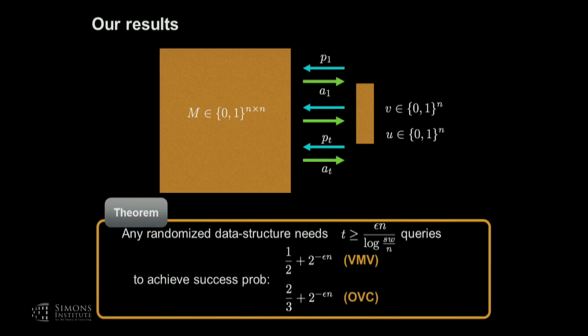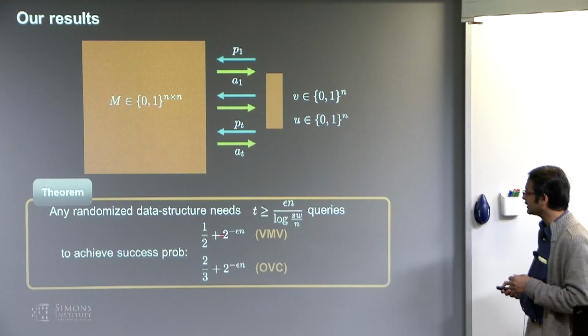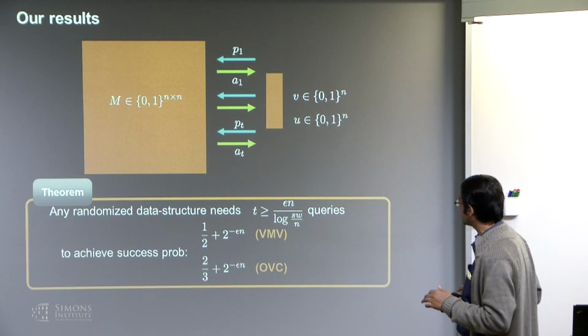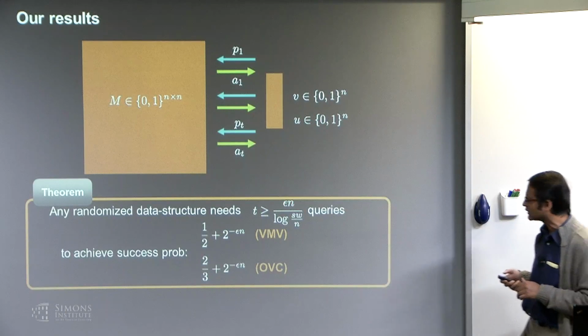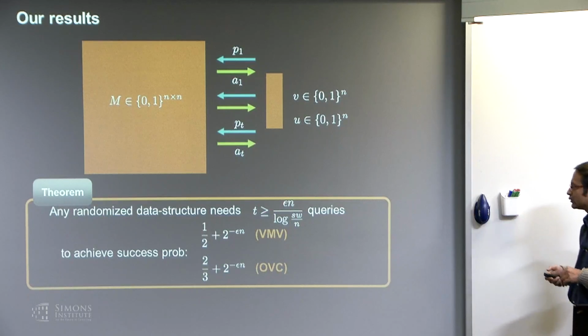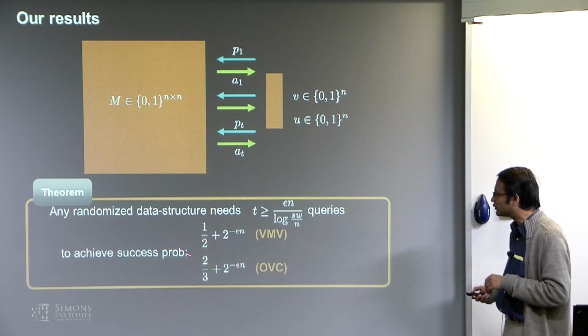So what are our results? These are our results. What we show is that any randomized data structure will need at least these many queries. Notice that this is not making any major breakthrough, in the sense that it's not crossing the well-known barrier of static data structures, because you still get only epsilon n, where n is the size of the query space. This is the best possible kind of lower bound that you can get short of a breakthrough. But what's interesting is that first of all, we get this for two interesting classes of problems, and secondly, the bounds are